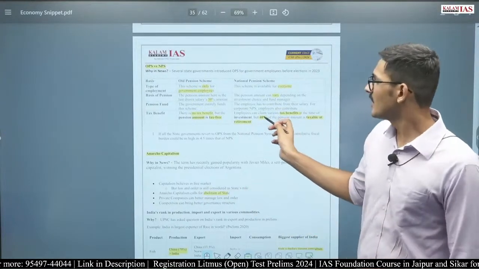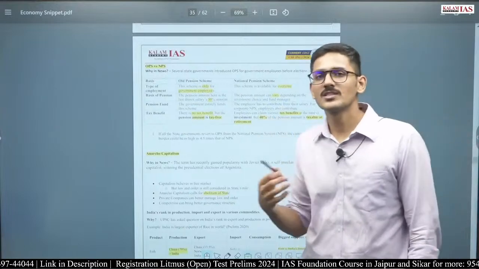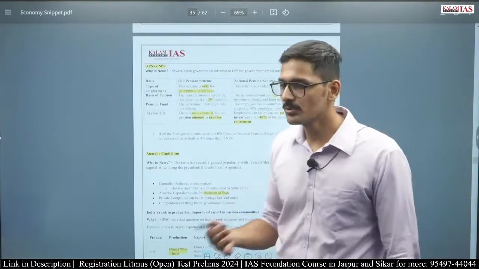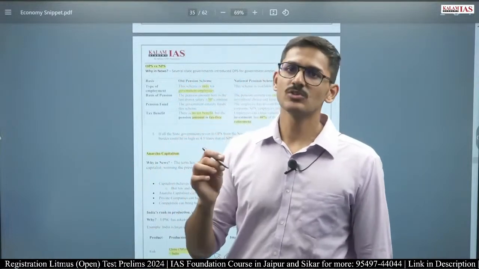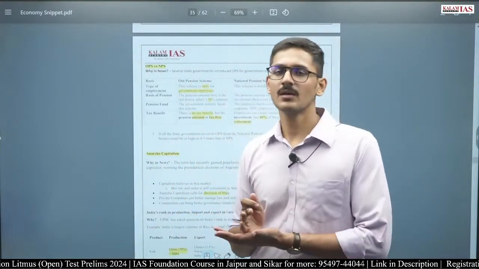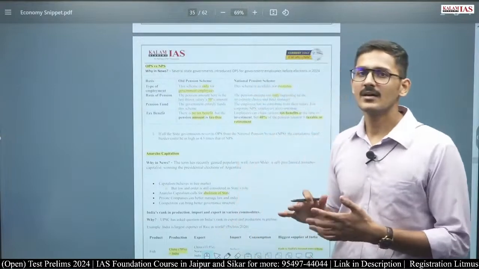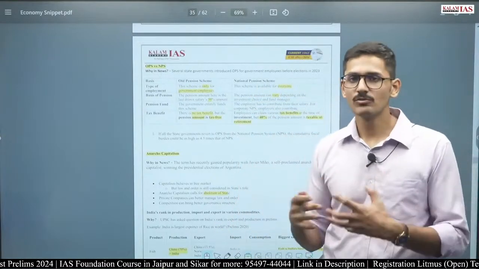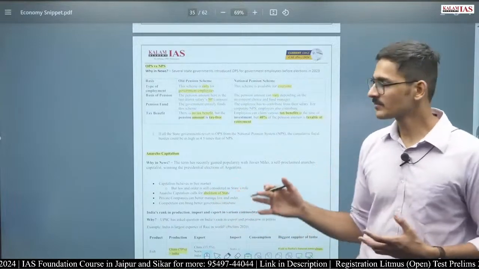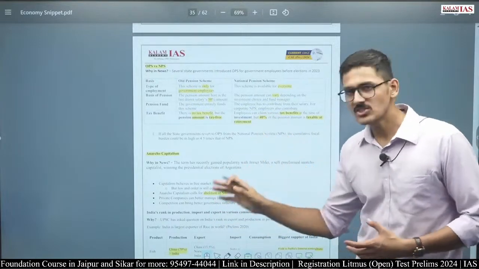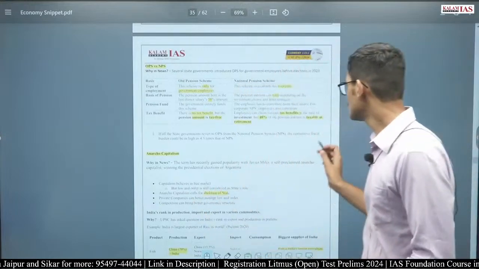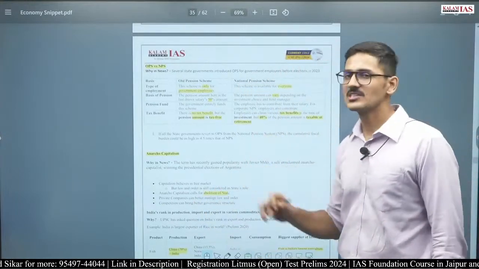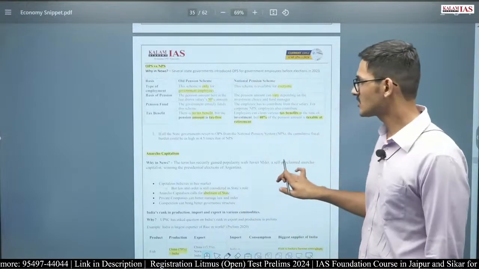Whereas under the national pension scheme, if I am earning, for example, 1 lakh rupees per month and I am contributing 10,000 rupees every month, then I can reduce 10,000 rupees from my taxable income, and I will receive tax benefits. I do not have to pay tax on those contributions. Apart from that, of the pension amount that I will get after retirement, 40% is taxable at retirement and 60% is not taxable.